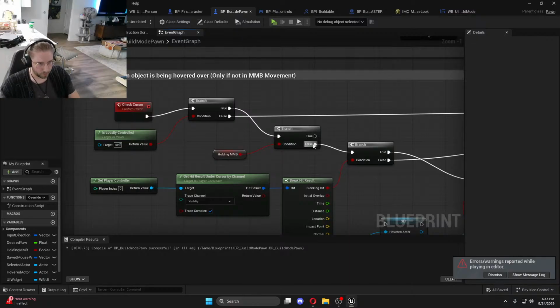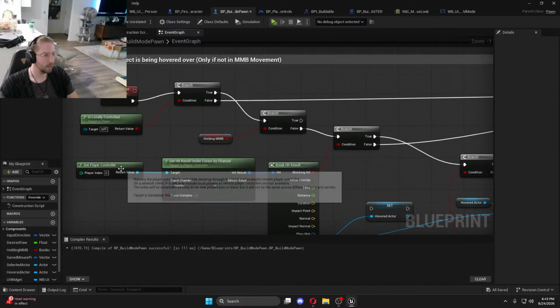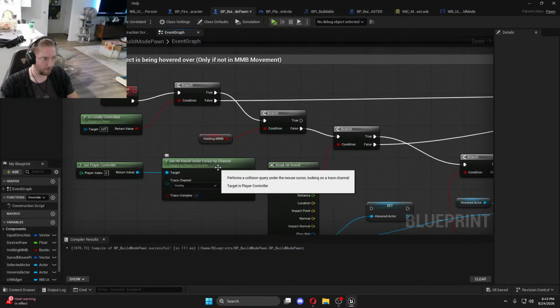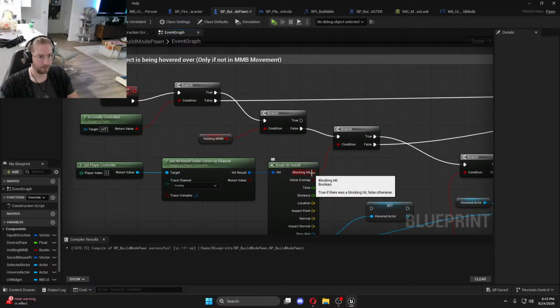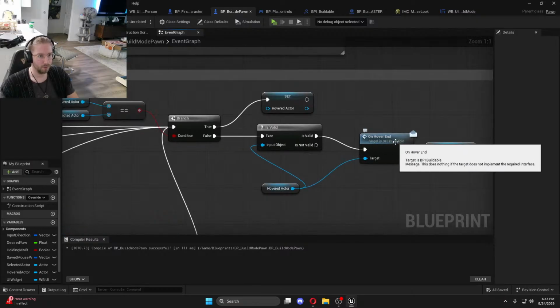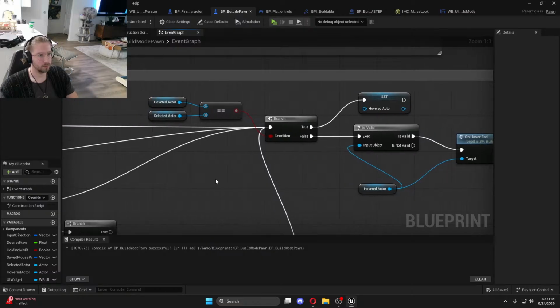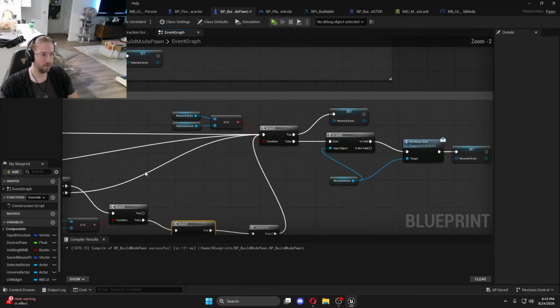So if we're not holding middle mouse button, we're going to do nothing. If we are not holding middle mouse button, then we're going to get the player controller and see what's underneath the mouse. If something's blocking it, or if nothing's blocking it, then we're playing hover end. And we're kind of adding multiple functions here. So if there's nothing under,